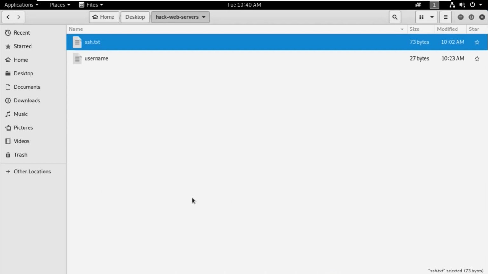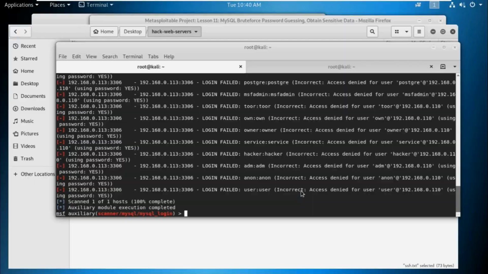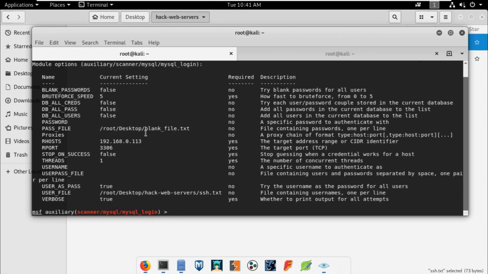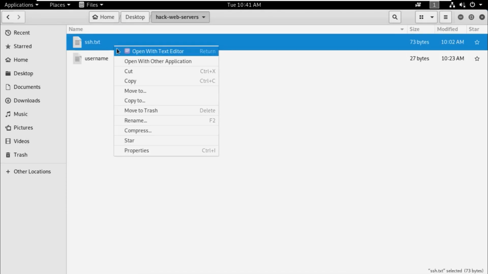Okay, so the mistake is... let me show you the mistake I made while performing the brute force attack. I just read some tutorials and blogs, and now we have an idea that the username is root. Let's assume that the username is root and that the root username exists in a dictionary.